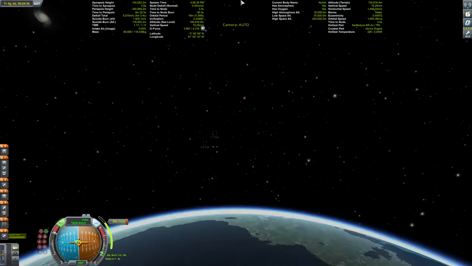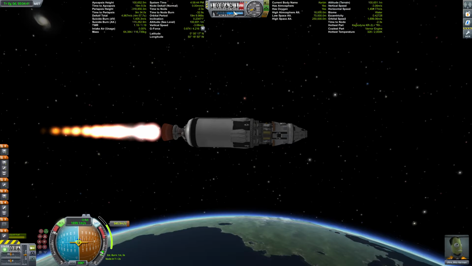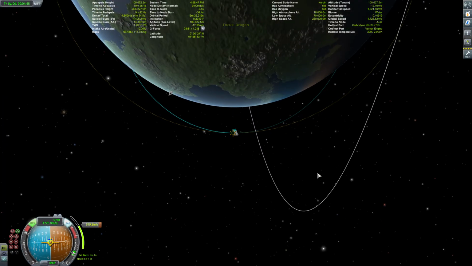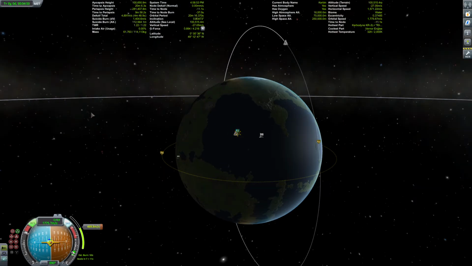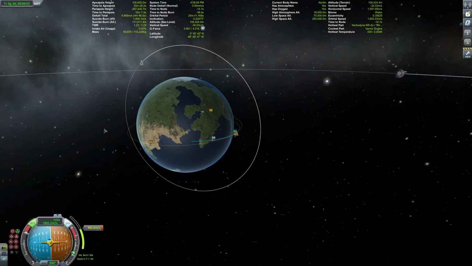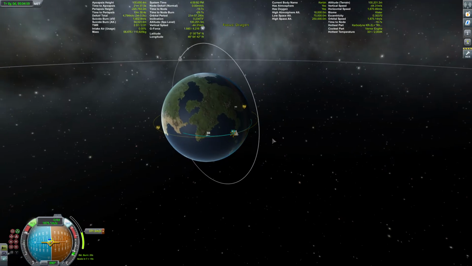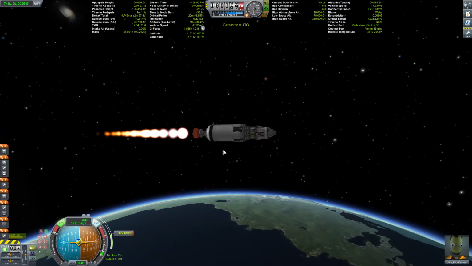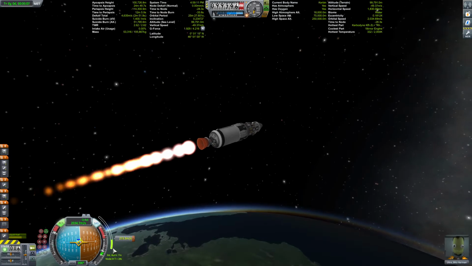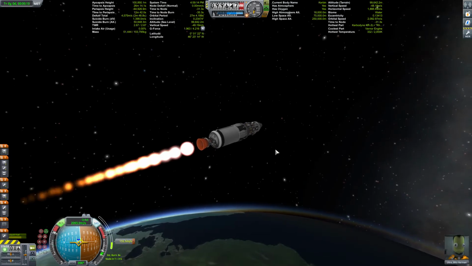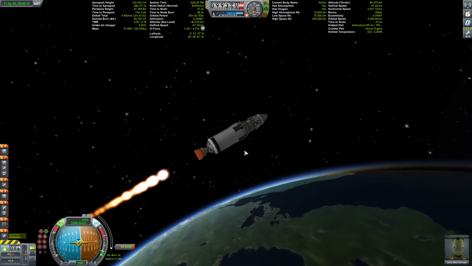So we're going to drop in altitude in just a second because we're about to hit apoapsis. And we drop in altitude, but this is going to get into a circular orbit, so no need to worry too much. So you kind of do want to pass it. As you can see, the lines are working their way over. Throttle up the engine if you'd like, just to make it work a little bit faster. And we are going to cut off the engines once we're about 50 meters per second left of the burn. So we're just going to go on a little bit further as it slowly goes, and then we're going to cut off the engines.